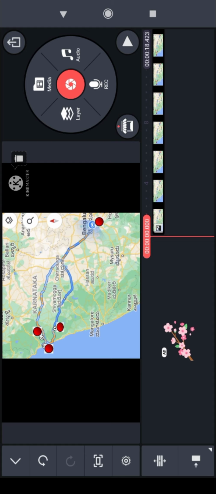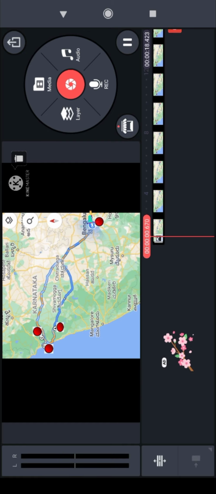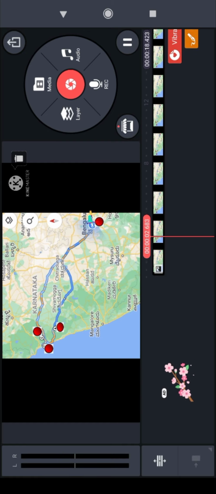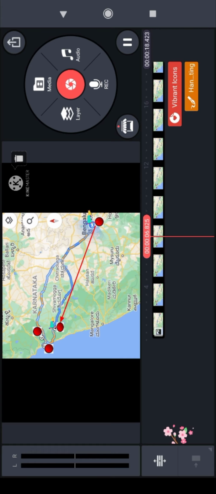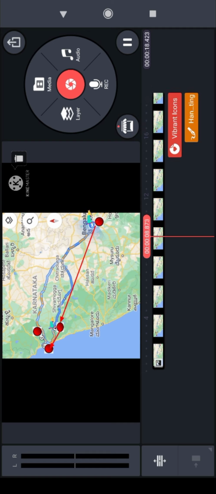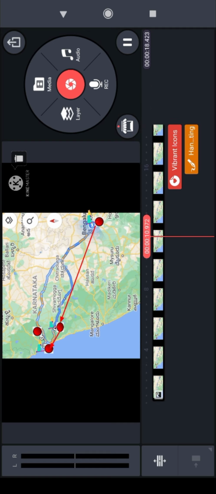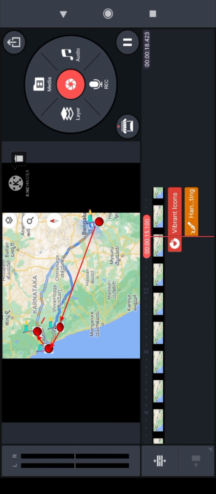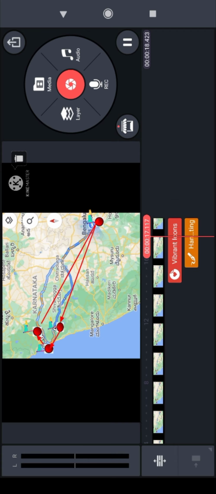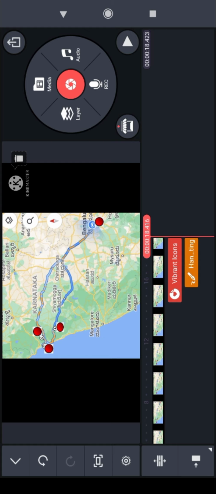In a mobile version. Okay, so just check it out. I will play it now. Okay, from Bangalore, I left to Shivamogga, and it was a plan, and I dropped a flag over there. And from there, I went to Gokarna and flagged over there. From there, I went to Yana and flagged over there, and I explored every place, and I returned back to Bangalore.